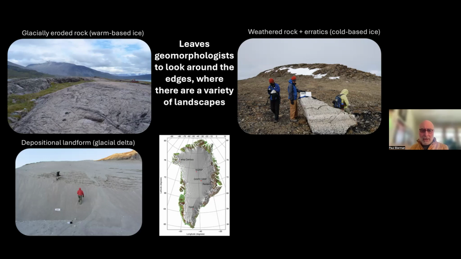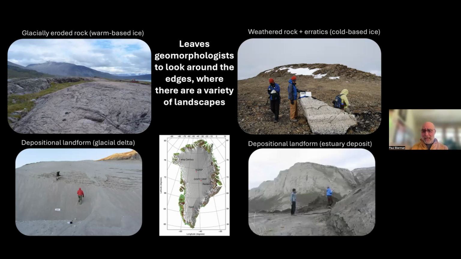instance. This is one in Kangerlussuaq that we were sampling to try to understand what the concentrations of beryllium-10 and aluminum-26 were as the ice was retreating. And then there's certainly depositional landforms related to the fjords and the estuaries there. So looking at the landscapes today, you see a wide variety of different types of depositional environments and different landforms that resulted from them. But again, we're only seeing the edges. We're not seeing underneath. And what we do see underneath is that very mega scale view that the ice bridge